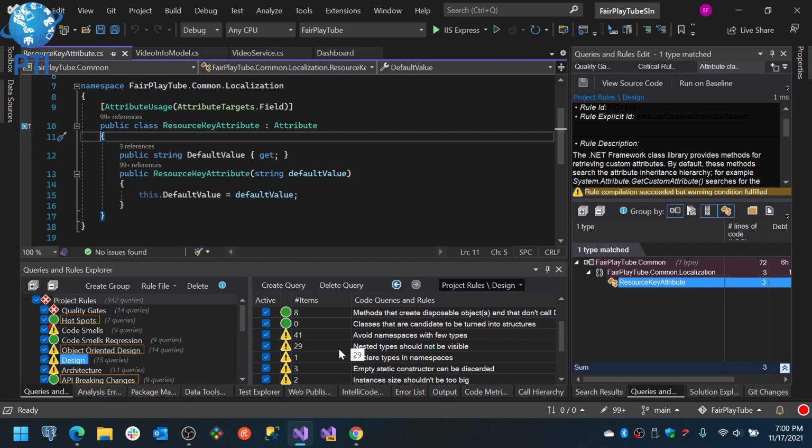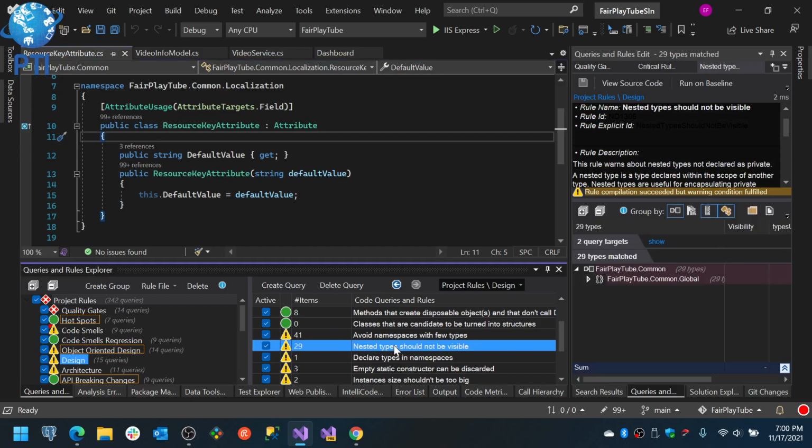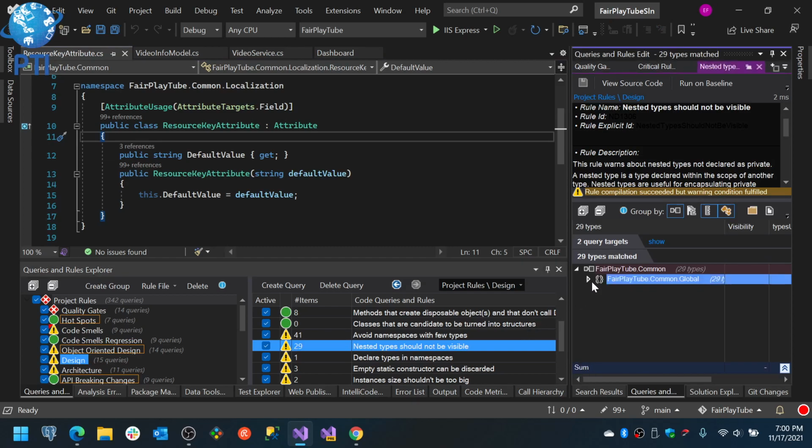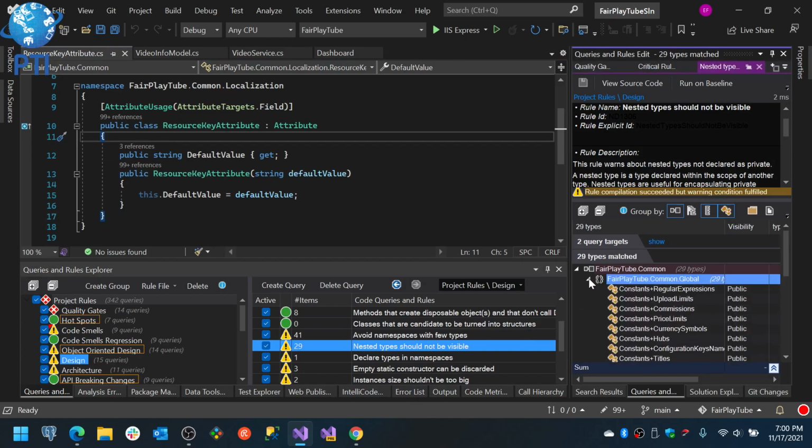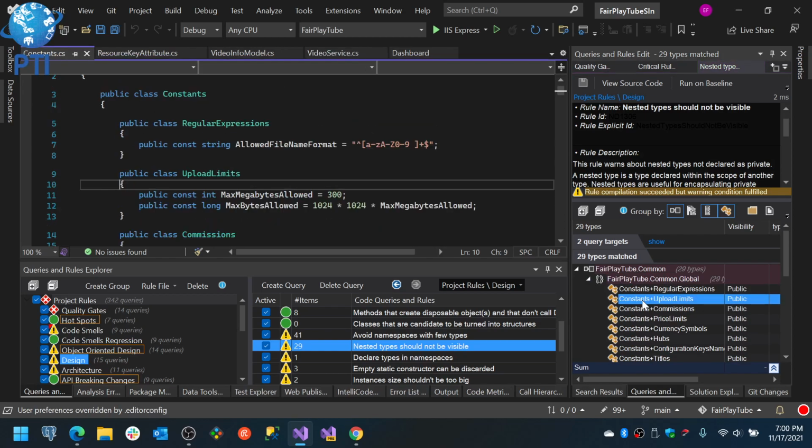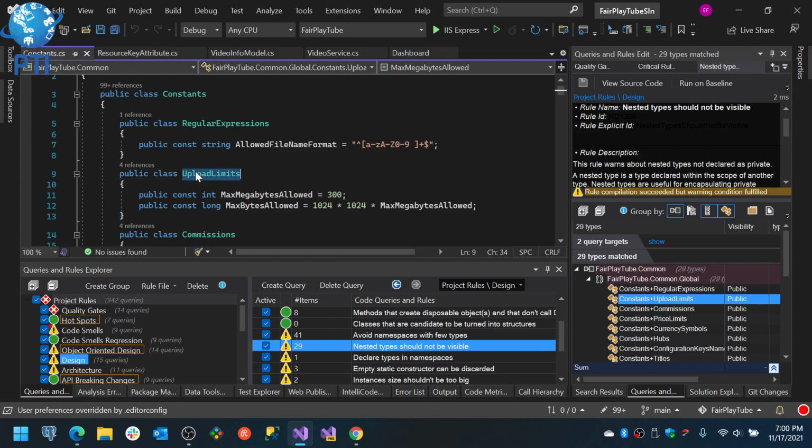What else we have in here? Nested types should not be visible. So it says nested type should not be visible. Which types? So let's see. Constants plus upload limits. Okay. Now this one is probably one that I will not apply. And anyway, it is a warning. I will probably not apply it because I am using this to basically have